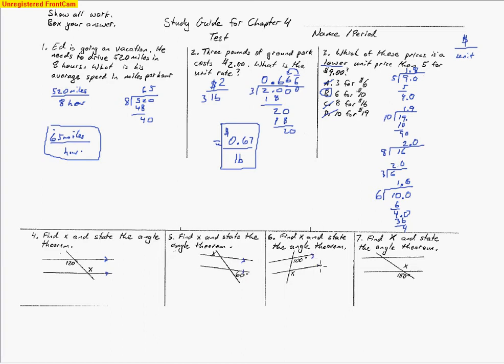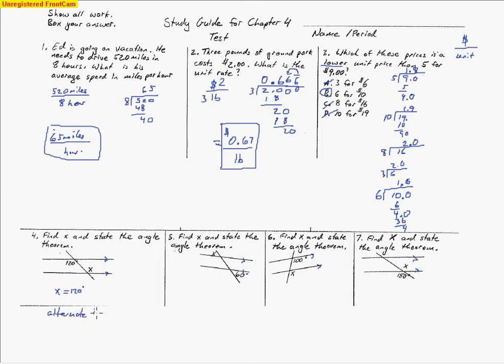And once we know we have parallel lines, then we can use these angle theorems to find out values of unknowns, like x here. And so I'm going to say x is going to end up equaling 120. Now, how do I know that? Well, I know that because it's inside the parallel lines, and it's on the opposite side of the transversal. So that is an alternate